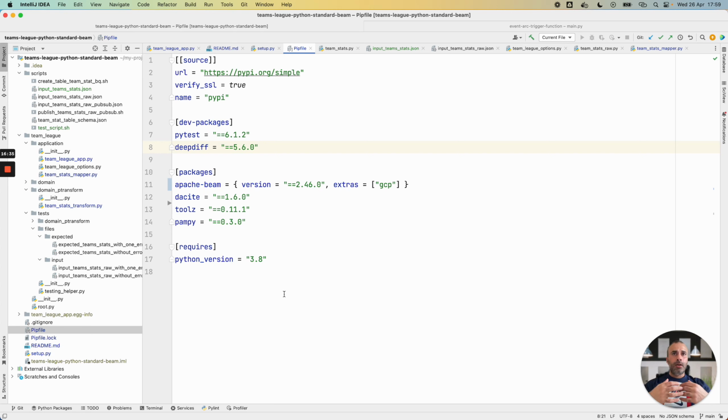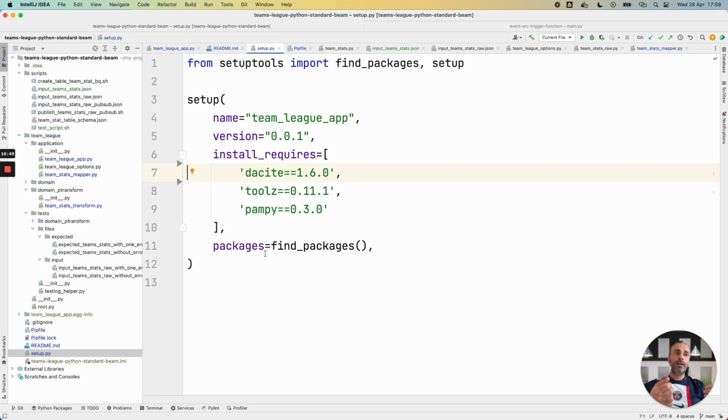Then Dataflow will create Compute Engine VM and workers. And the workers will take the setup.py file while instantiation of the workers. And we need to have the same packages in the setup.py file and in the runner, in my case, the local virtual environment.